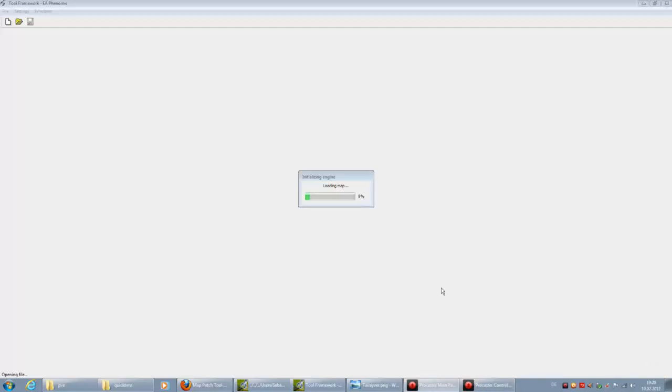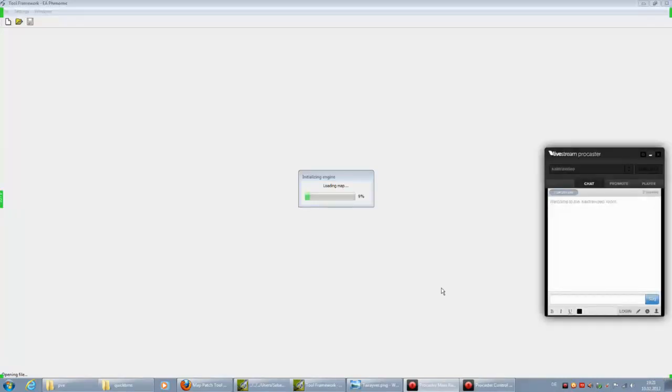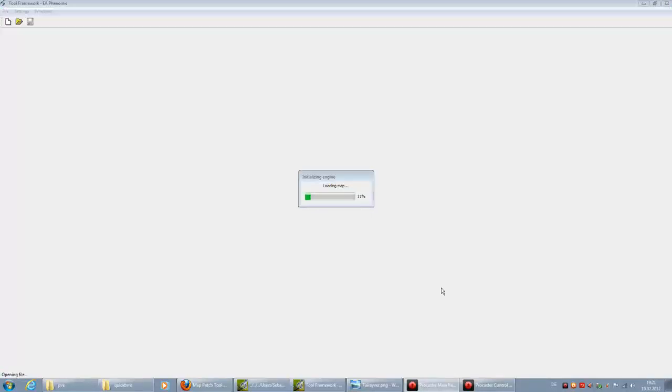I will now open Slave Master inside of the editor. Look which object groups look nice for decoration, and then I will export it to